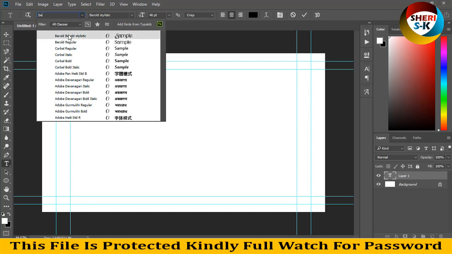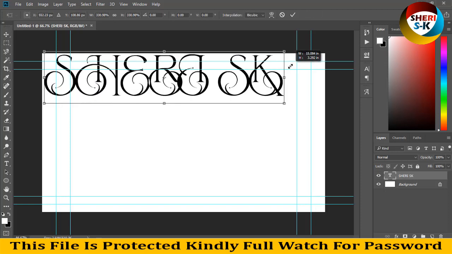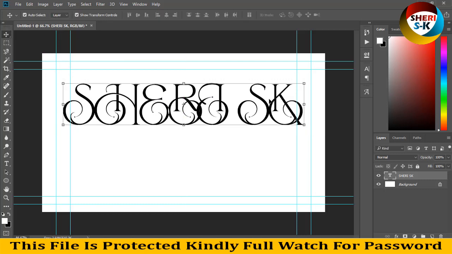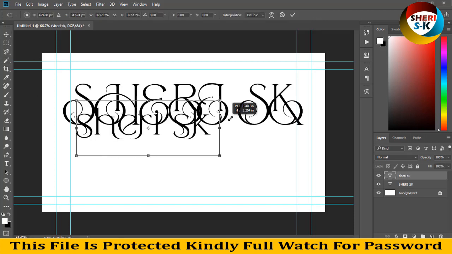Here is Stylistic and here is regular. First I tried this Stylistic. Write in capital: Sheri SK. Wow. These are in capital and here is small letter: Sheri. Wow. SK. Here is small letter,